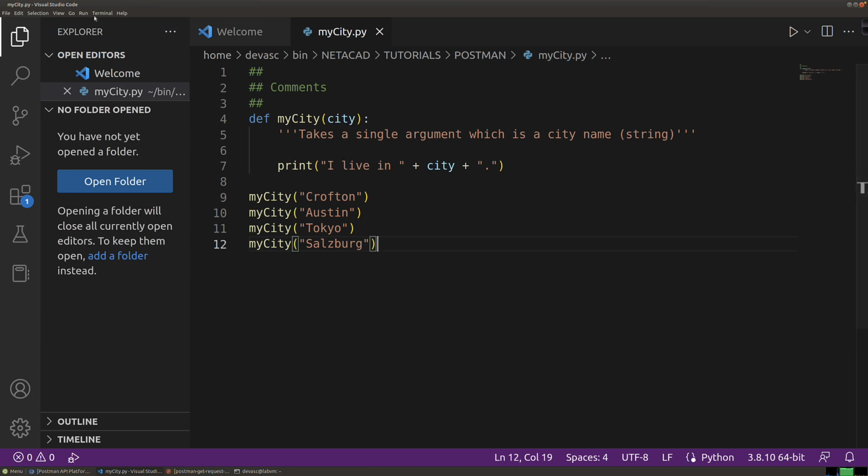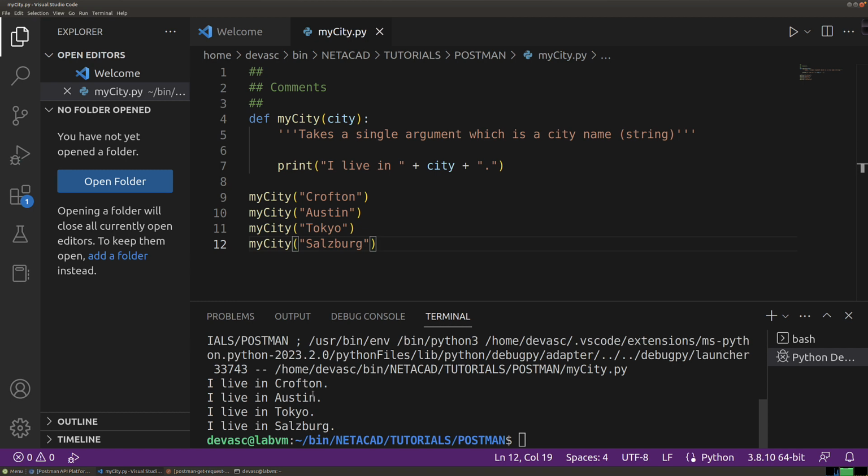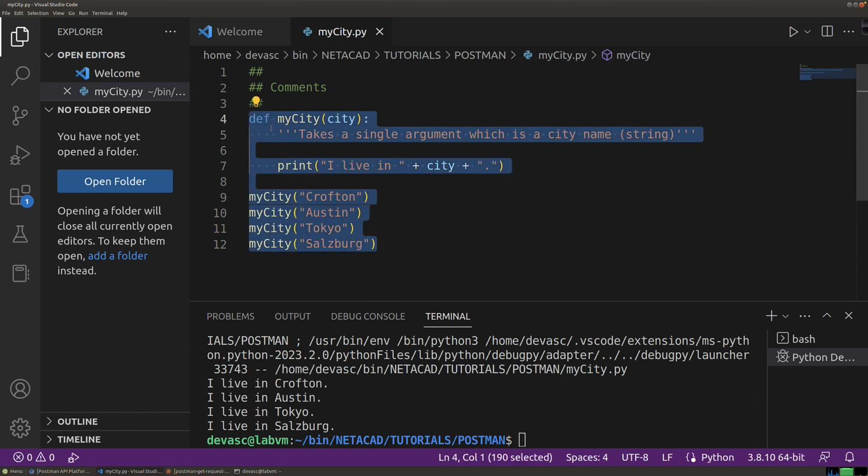Well, let's go ahead and run it. So run without debugging. We get the console down here, and there you go. That's what the output would be. I live in Crofton, I live in Austin, I live in Tokyo, I live in Salzburg. Now, we could also copy this code here, and I think with such a small amount of code,